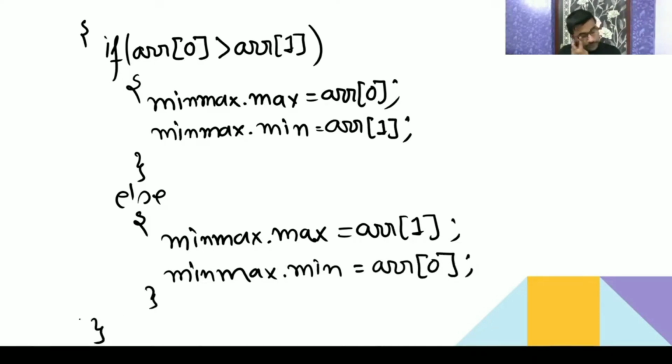Then I need to initialize i equal to 2, because 0 and 1 I have done, so I will start i equal to 2. So if n is even, I have initialized the maximum and minimum by comparing the first two elements.